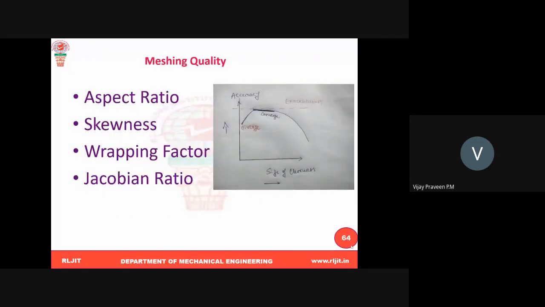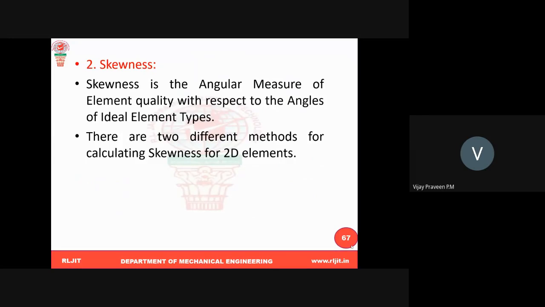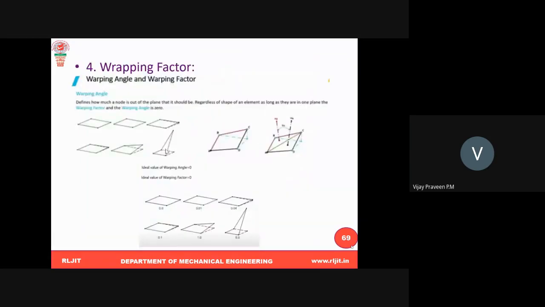I'm also adding a lot, for example meshing quality. Actually, meshing quality is not asked much in exams, but it is very important in the lab. But if you have not done it, no problem. Anyway, in the examination they will ask you. But I have added this extra to give more knowledge. It is almost all extra information beyond the common syllabus.